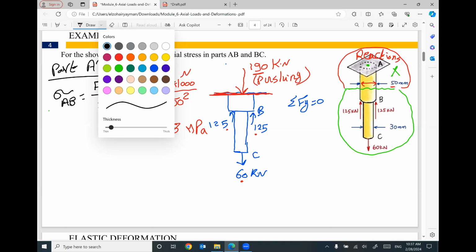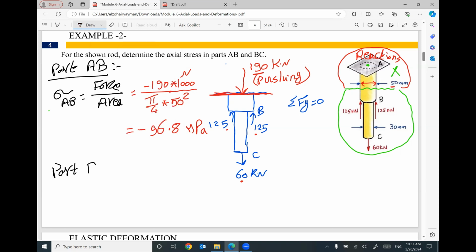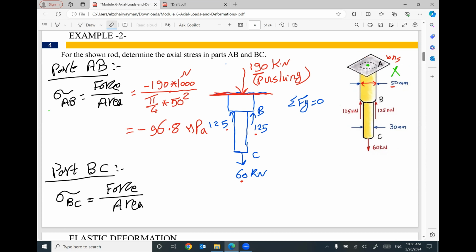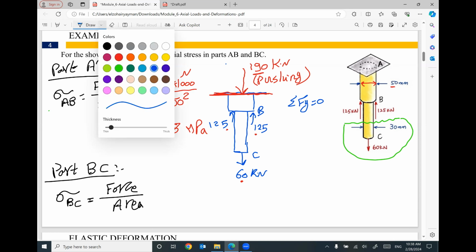The second part, BC. Your stress sigma in part BC will equal the applied force in this part divided by the cross-section area. So I will cut in this part BC, this one. And I'm going to use the lower part because the upper part will include reactions and I don't have these reactions. So if you use the lower part,